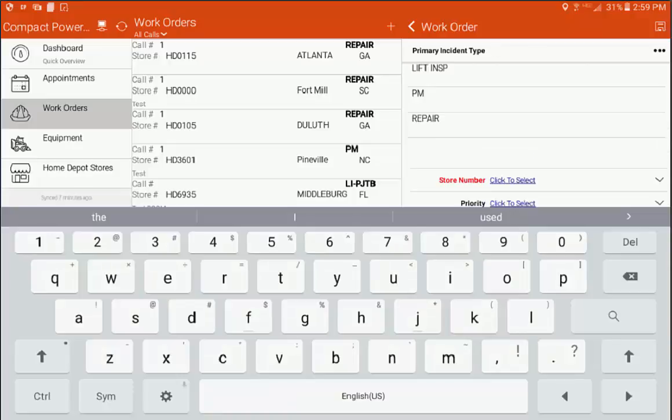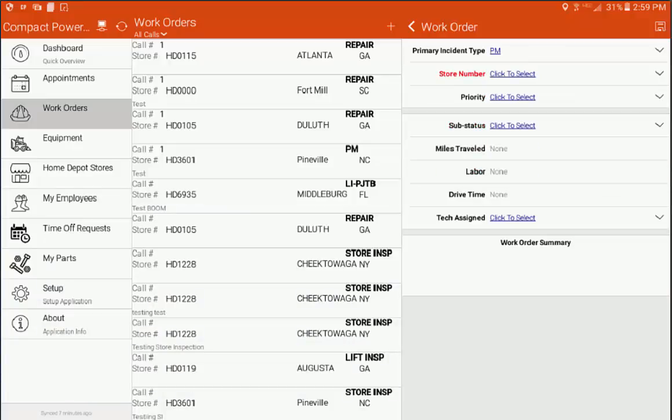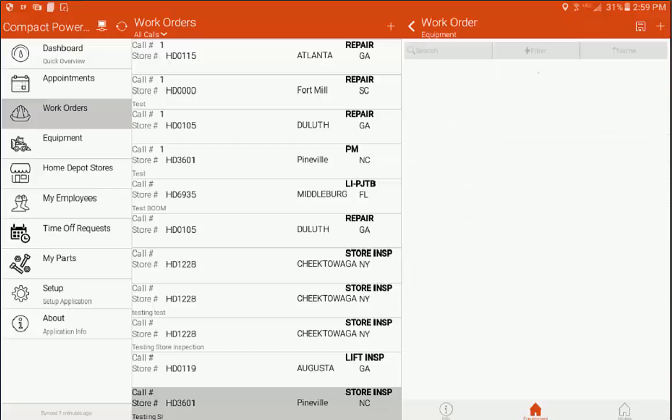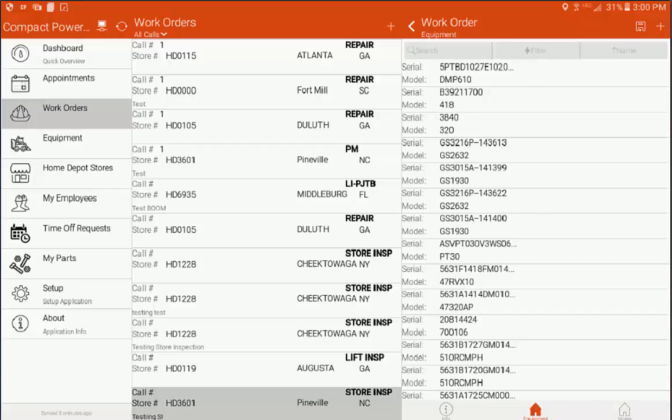So let's go into a store inspection. On a store inspection, it'll be pre-populated on your board, and it'll be on there every 2 weeks. And all of your equipment will be listed here. You'll have to go into each piece of equipment,